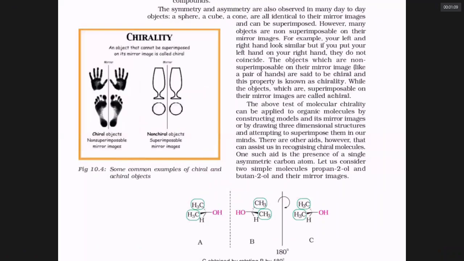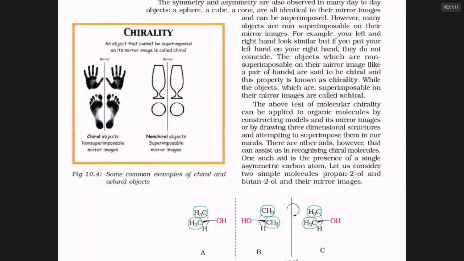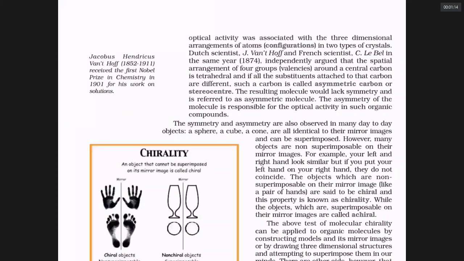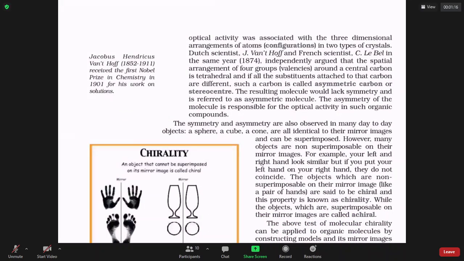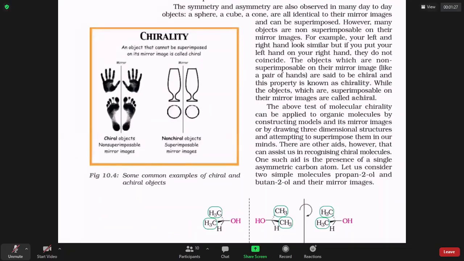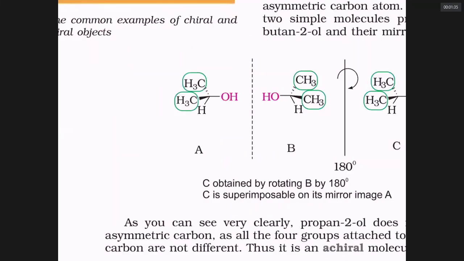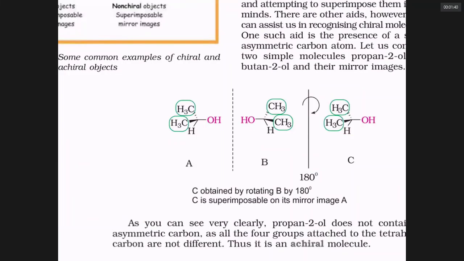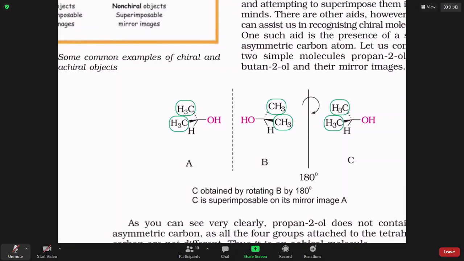Do you remember we talked about a carbon which is having all four different groups is called a chiral center or an asymmetric center or stereo center. Our hand and foot have object and image which are different, which are unsymmetric. And if the carbon has all four different groups, as shown here, it is called optically active, chiral. Here, this is not optically active because this carbon is linked to two methyl groups. If any two groups on a carbon are identical, it cannot be optically active.